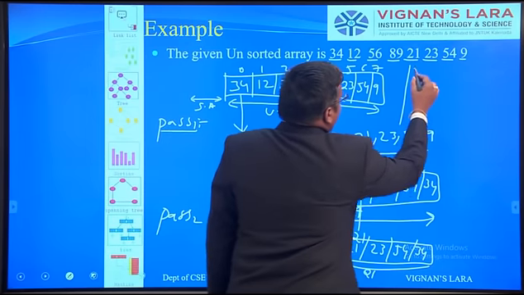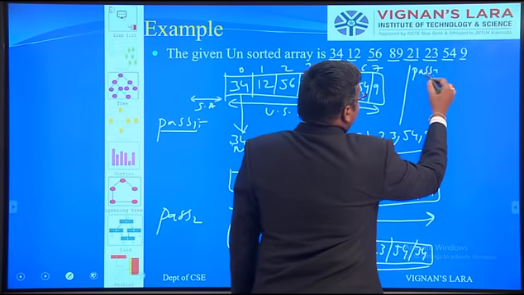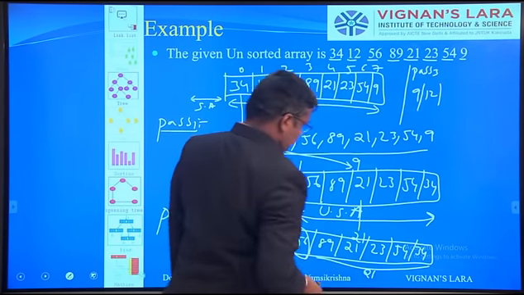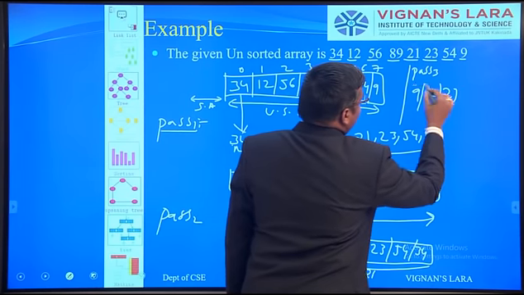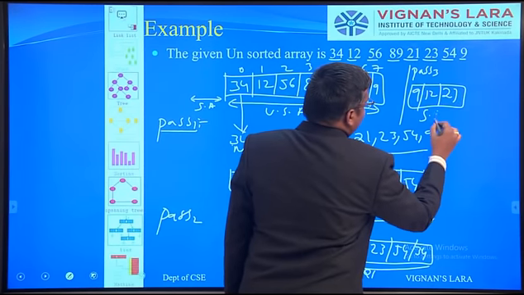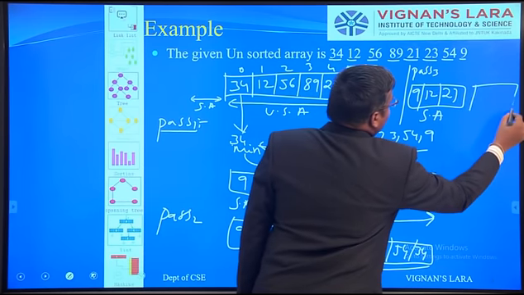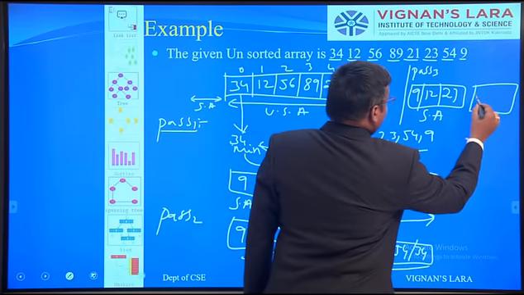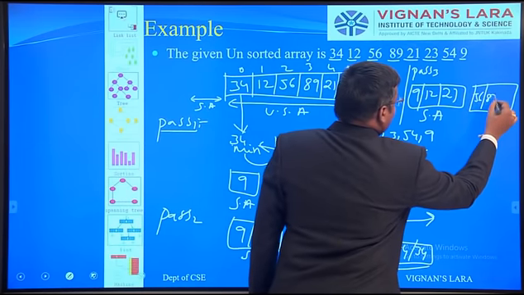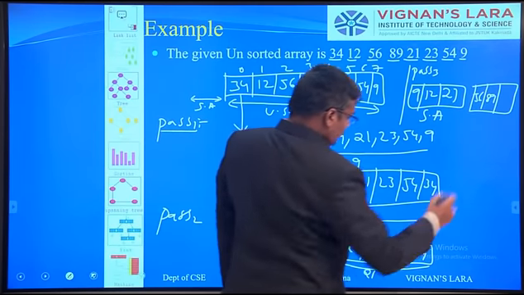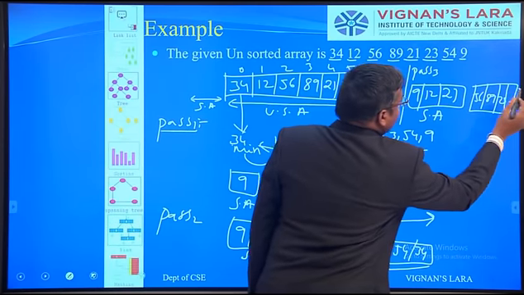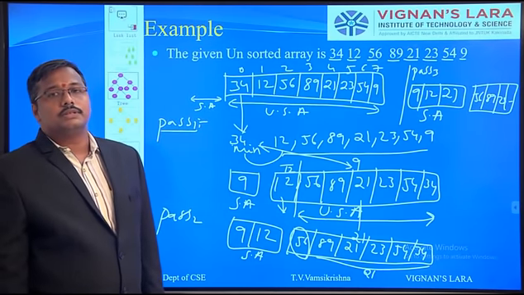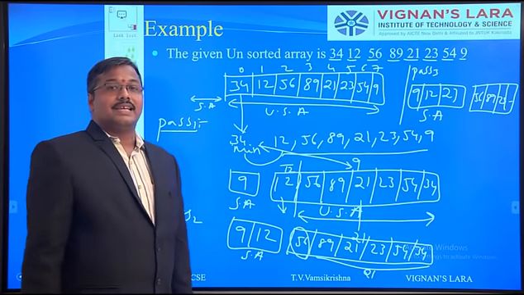So the past three result is say 9, 12, after that 21. This is a sorted array, and the rest of the elements come to the unsorted array place. Means say 56, 89, 23 and the remaining elements are in the subsequent positions. So this is the selection sort category.